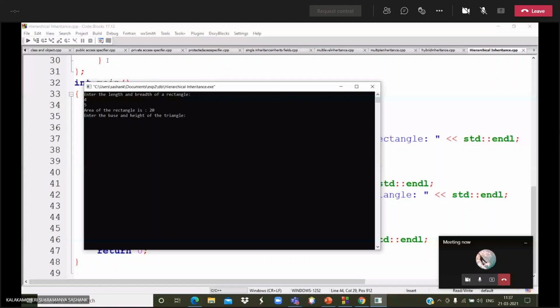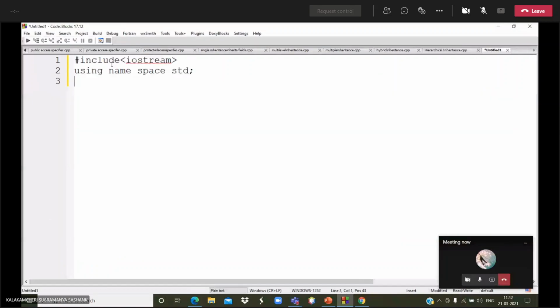See, I am declaring the header file. Then I am using the using namespace. As I said, we can use the namespace for differentiation purposes. Then I am declaring a class like cal, or anything we can declare. Then I am calculating that. See, I am declaring the variables in public mode.